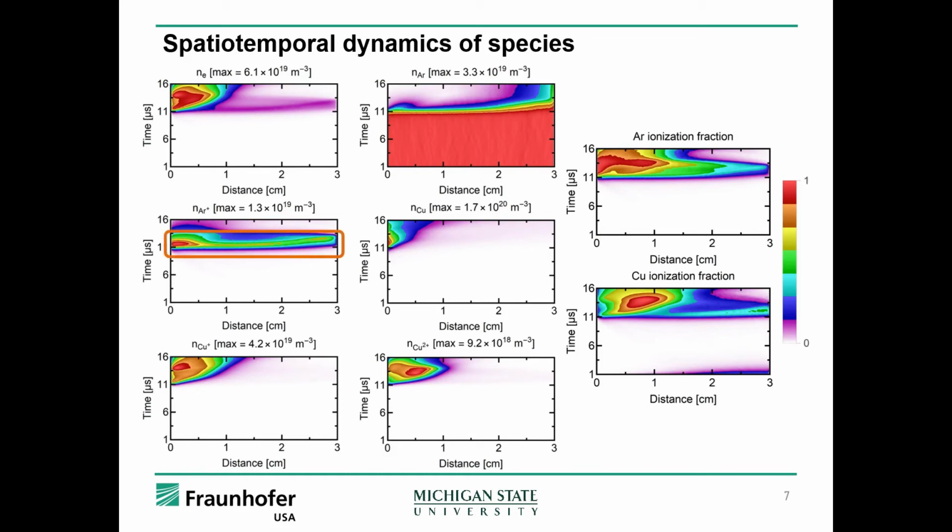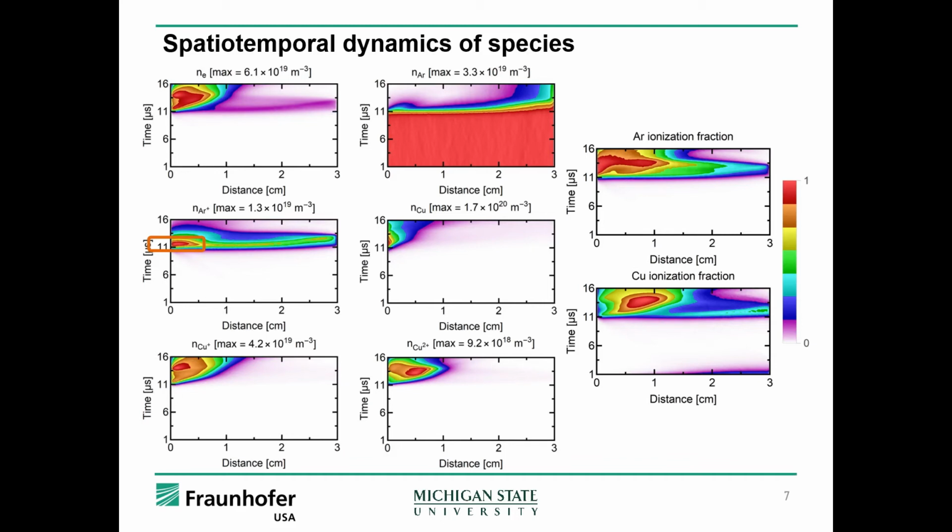We observed a high-density argon plasma throughout the discharge region, and the density peak of argon ion at around 11 to 12 microseconds, during which time the density of argon atom is significantly reduced due to the